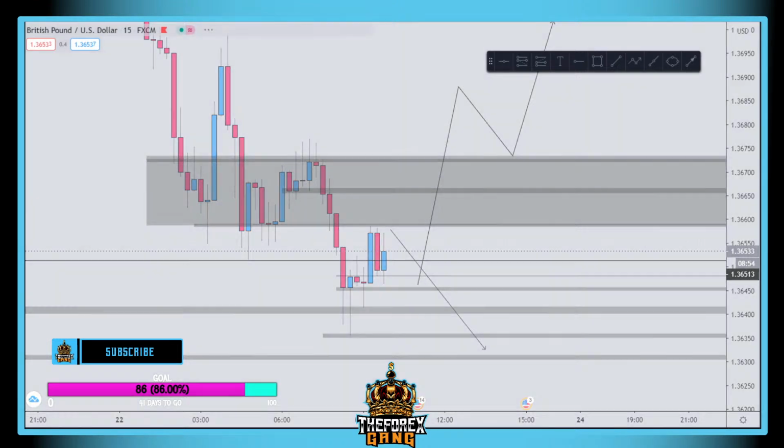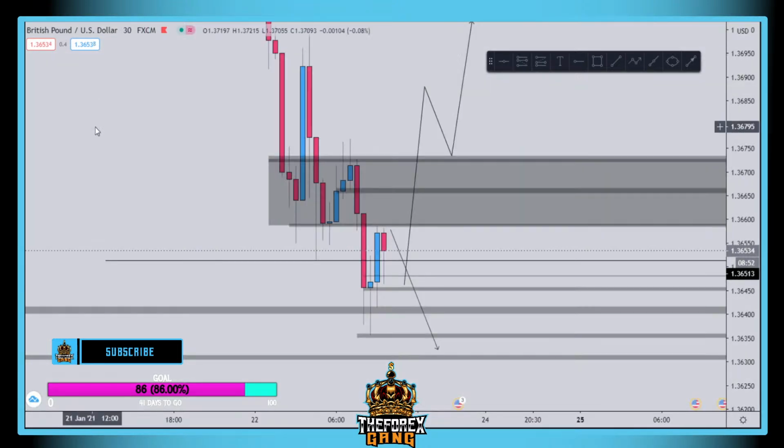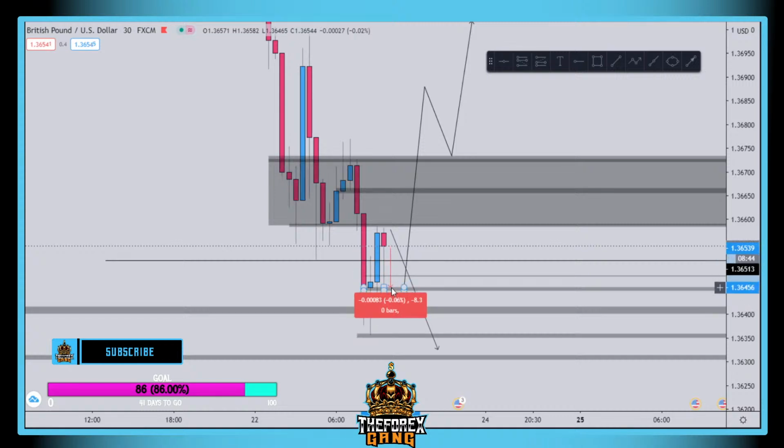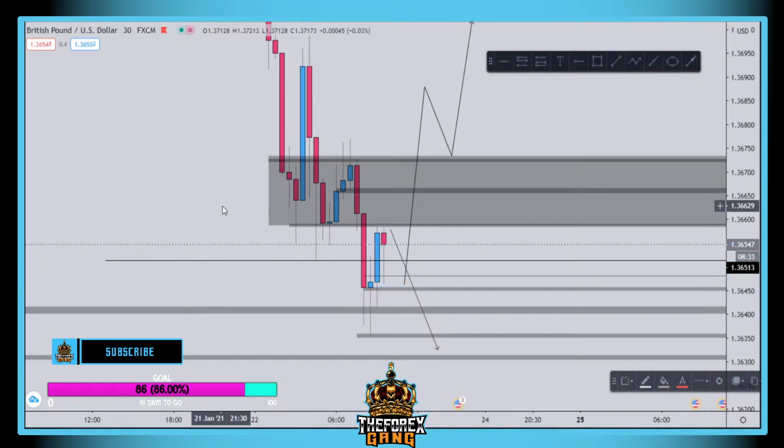That idea was perfect. If a 30-minute candle closes like this, you have a 12 to 13 pip range down. Let's say it just closes here, and your stop loss is going to be probably 3-4 pips. If it comes to the wick, you're already out. So you will have a smaller stop loss and a big reward.